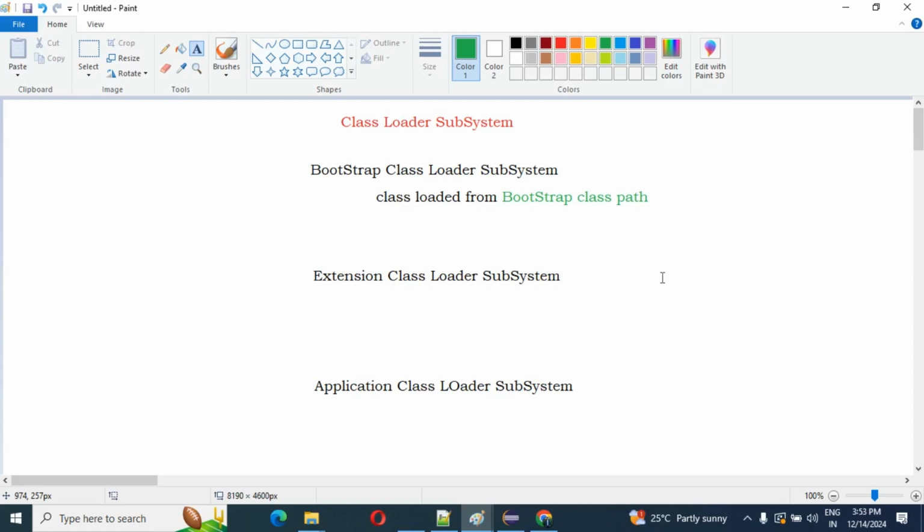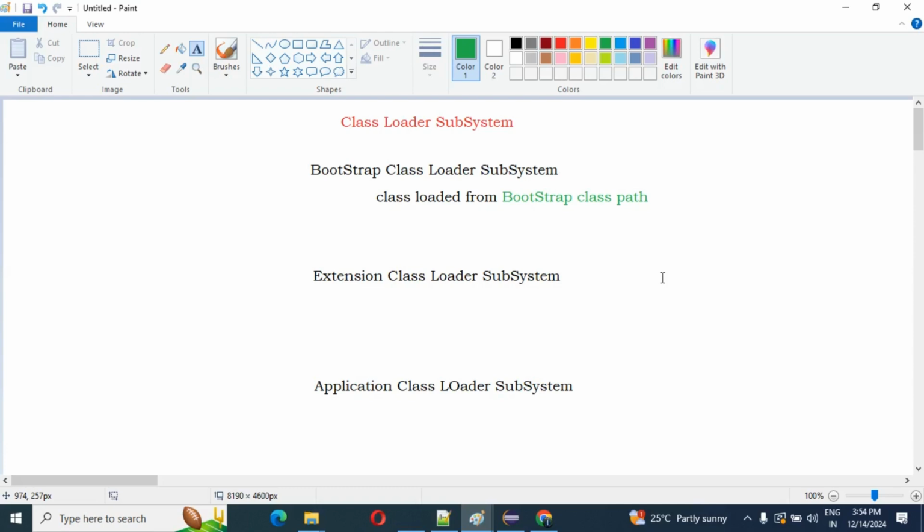Great guys, let's understand what the bootstrap class path is. Usually in our Java application, internally the JVM will use rt.jar. I hope you know this. The core Java API classes are available by default.